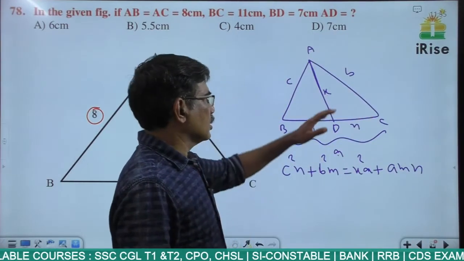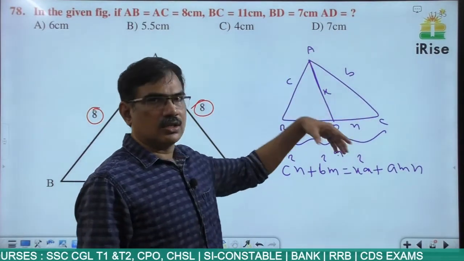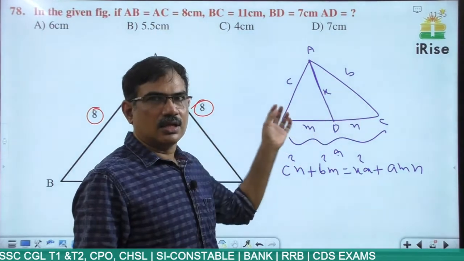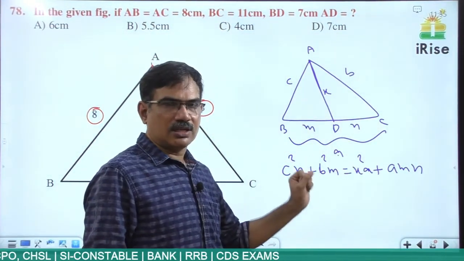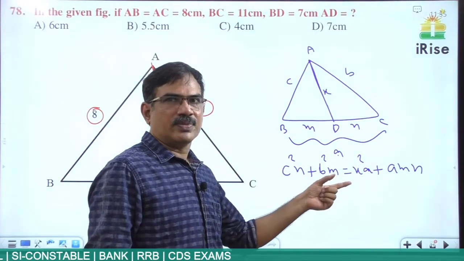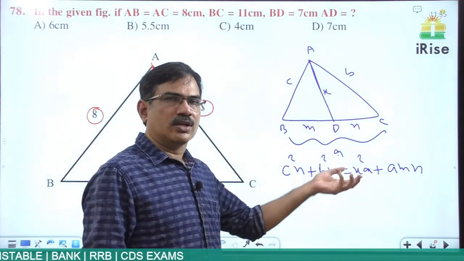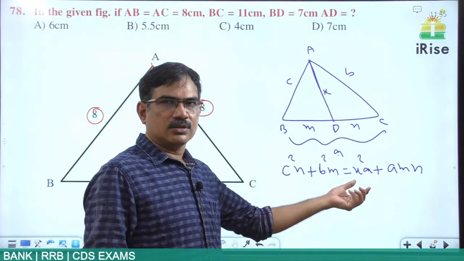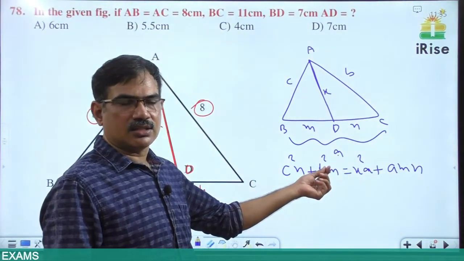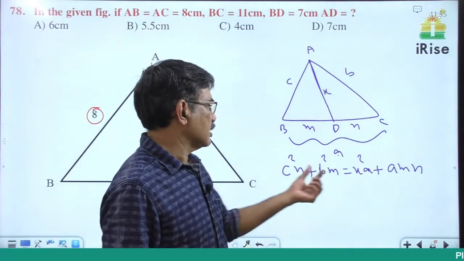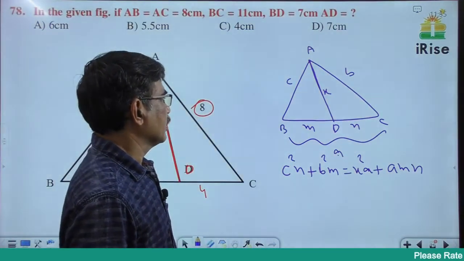Otherwise we have to use a big concept. We get quadratic equations and linear equations, and solving those, we can get this formula. If you want a proof, I have given the proof in the cosine rule concept, in the basic triangles concepts. Using this formula we can get the answer.